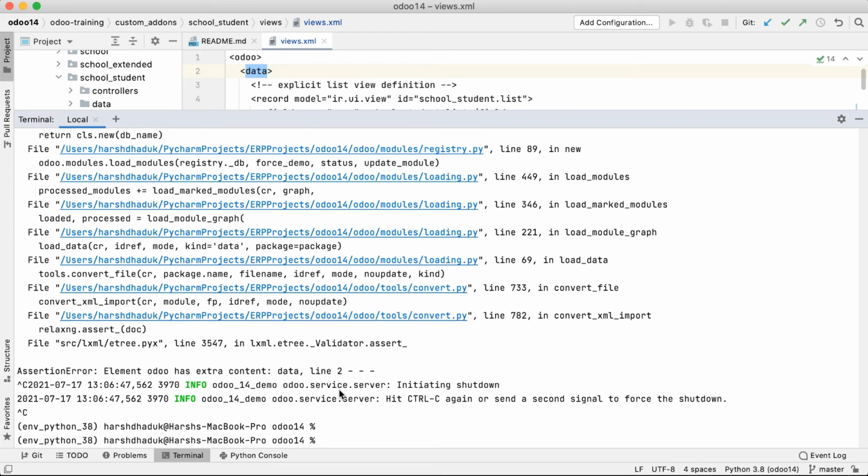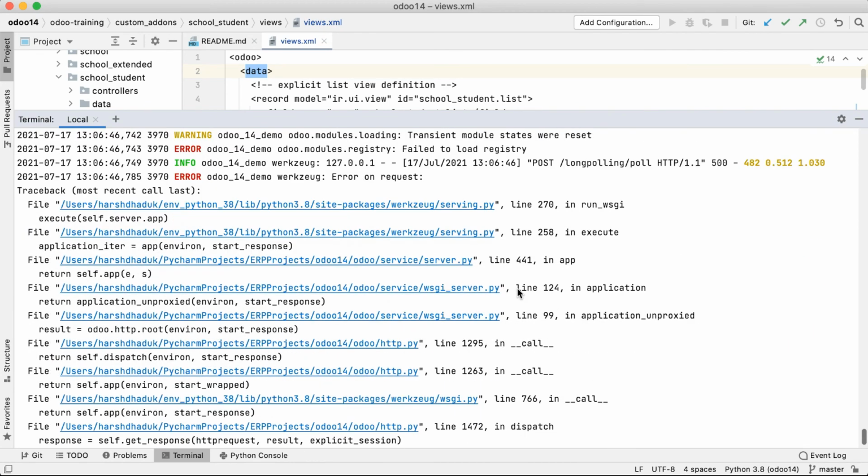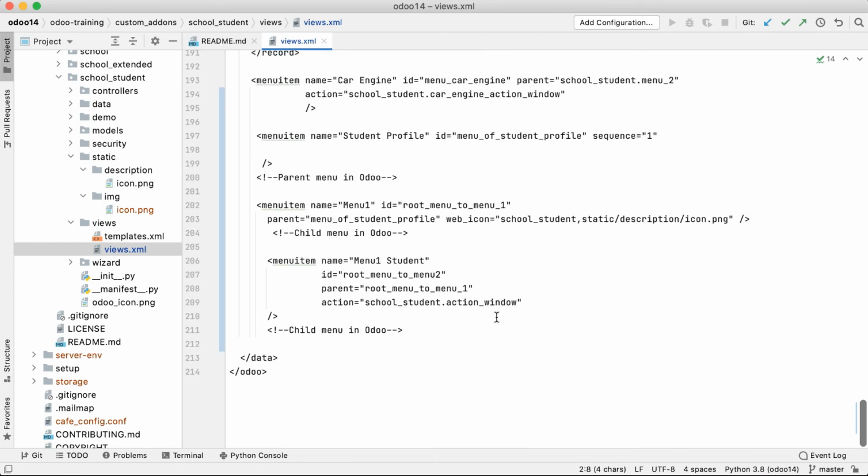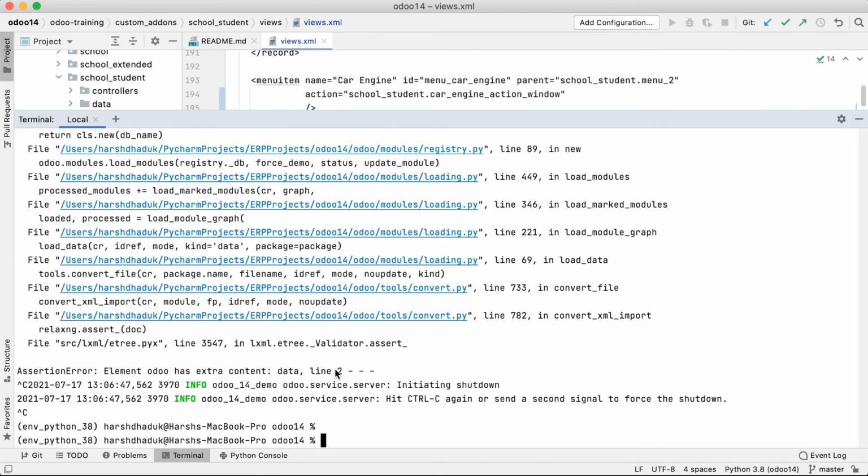Here we need to understand the Odoo error, because these are not always user friendly errors. So at that time you have to use trial and error: whatever you changed last, first comment those changes out, and then upgrade the module. If the error is still there, then comment out another part, and so on, until you check which part you need to fix. So that is the main disadvantage of the error logs: they are not user friendly.